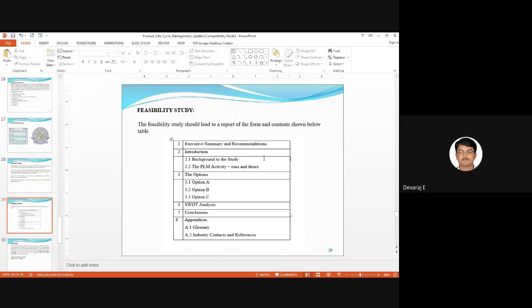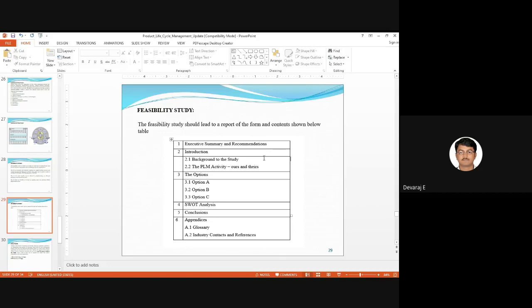Yes, sir. So right, students, till the growth and maturity stages, if a product has growth, then there's no need for this feasibility study. Whenever the product is declining, or the product sales are coming down, only then should you look into changing the design. Okay, so that's very important. You should analyze that before going for new product development.